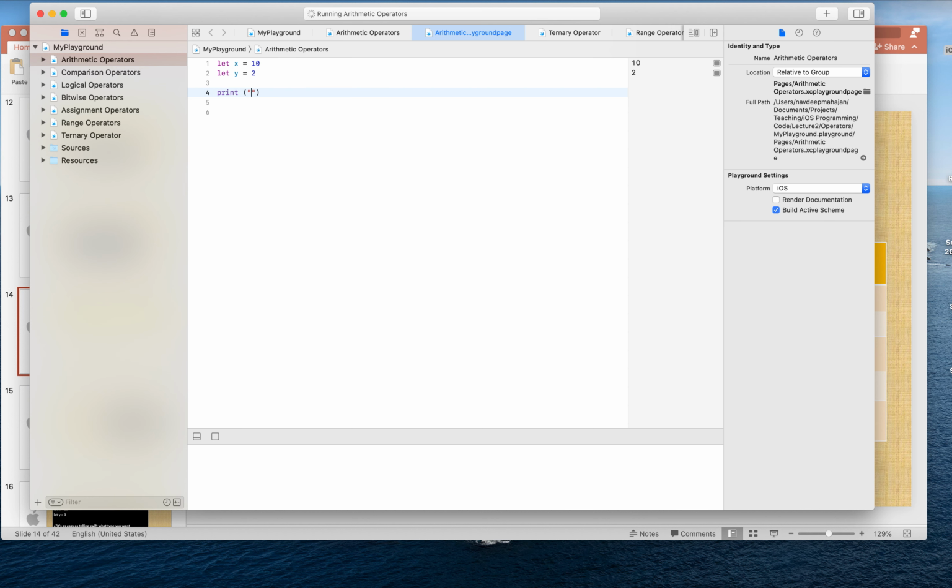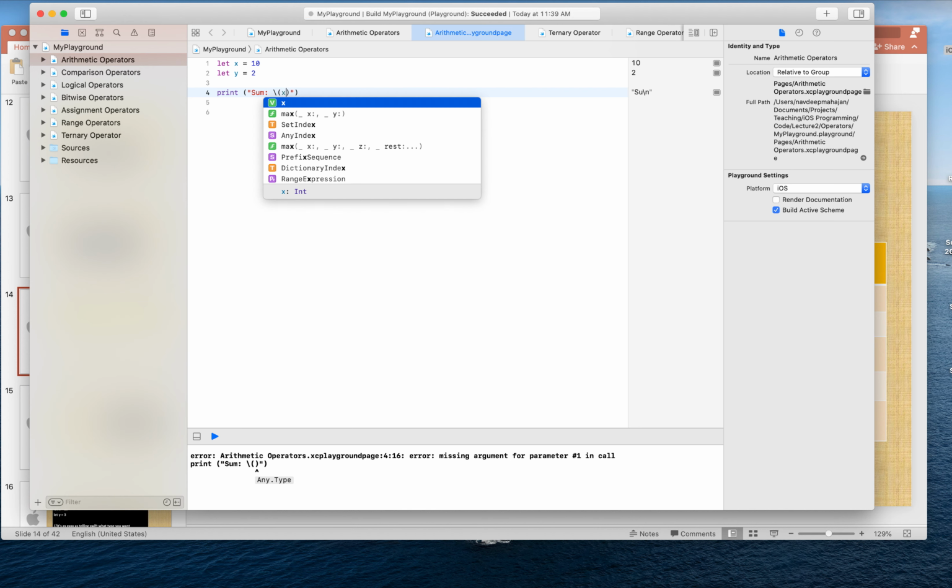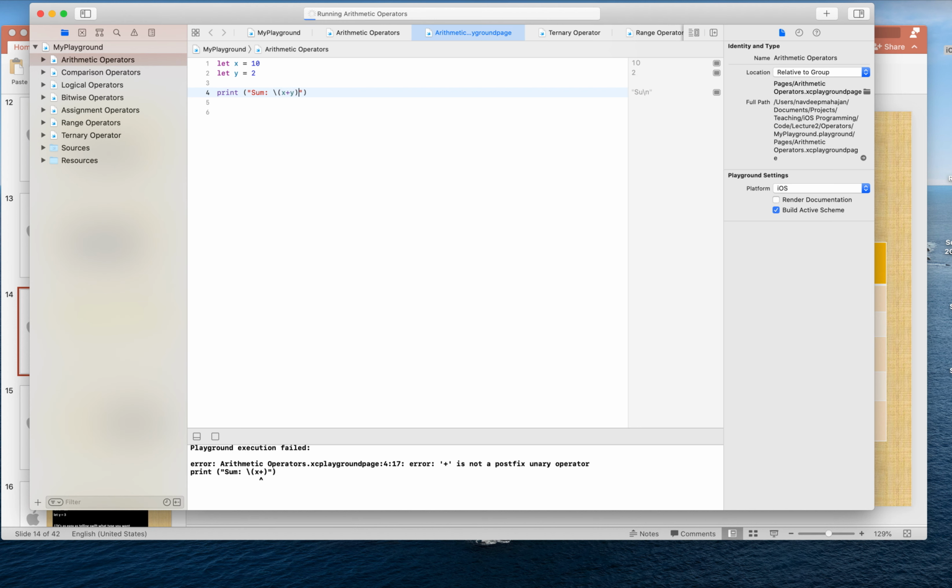We can say sum of two numbers. And as we covered in the section for string interpolation, you can write expressions inside the strings directly by using the backslash, starting bracket, and ending bracket. So I'm just going to say x plus y, and that should be 12. Okay. And you see, okay, it is 12. And then I can say